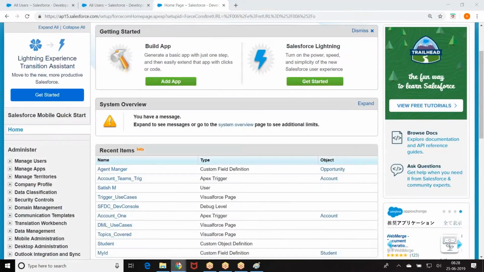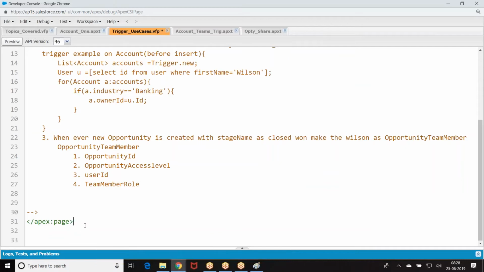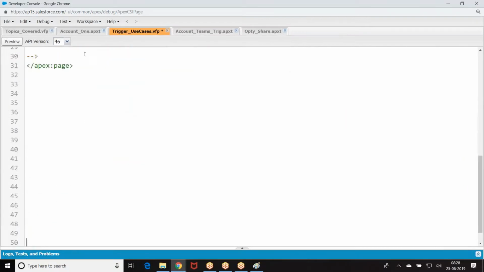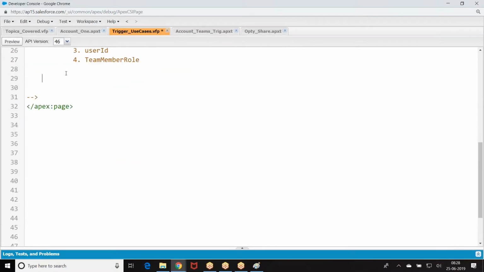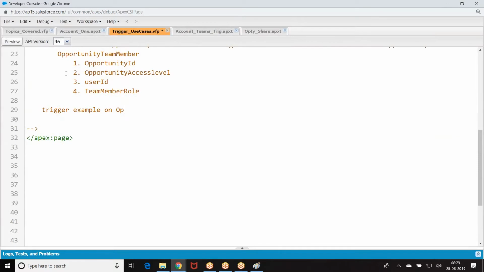Now, look at the story. After insert, first get the user.